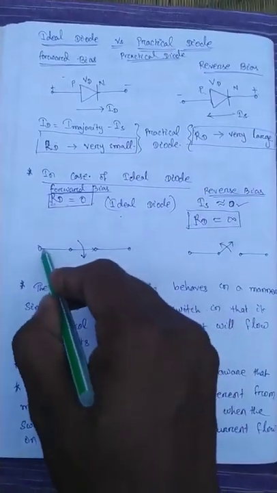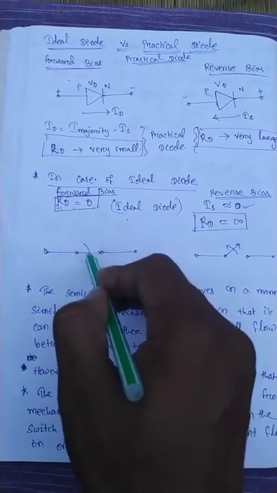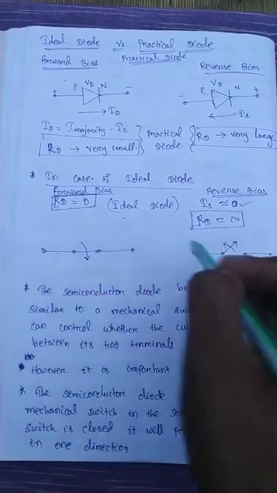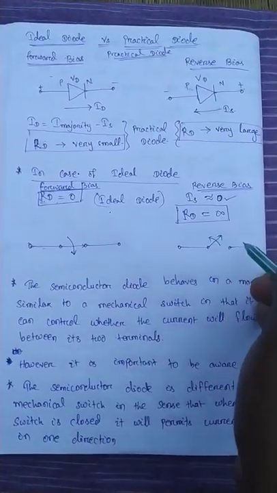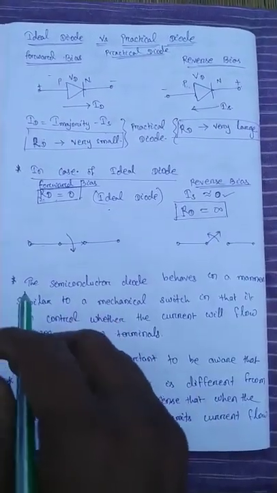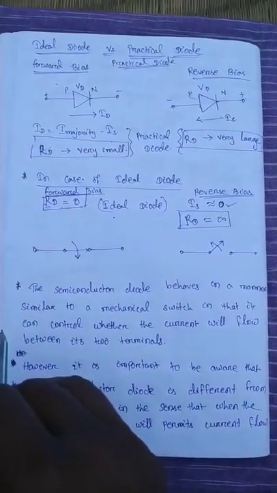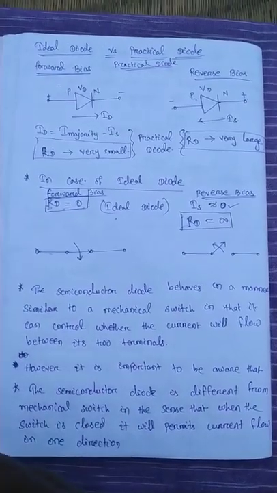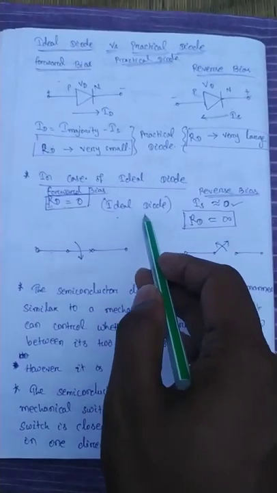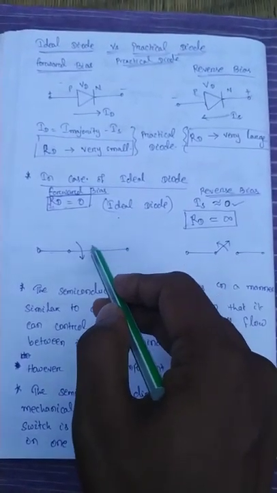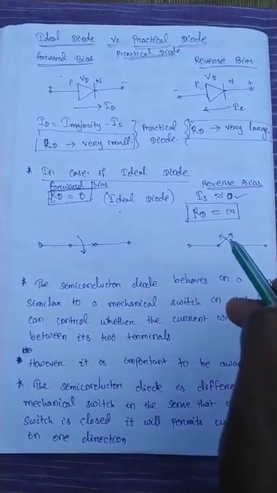So the ideal diode behaves as a closed mechanical switch in case of forward bias, and in case of reverse bias it behaves as an open mechanical switch, as you see in this case. So the semiconductor diode behaves as a mechanical switch, so that it can control whether current will flow between its terminals. That means the ideal diode behaves as a closed mechanical switch in case of forward bias and an open mechanical switch in case of reverse bias. However,